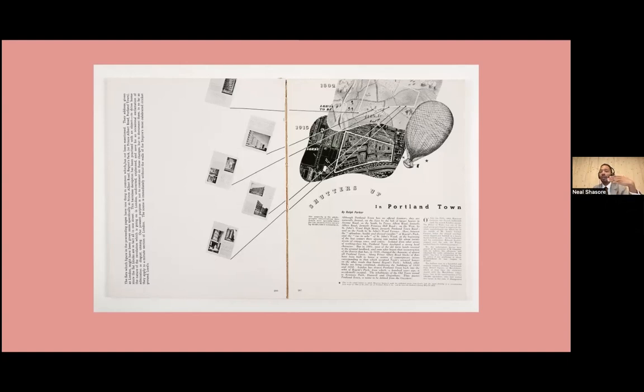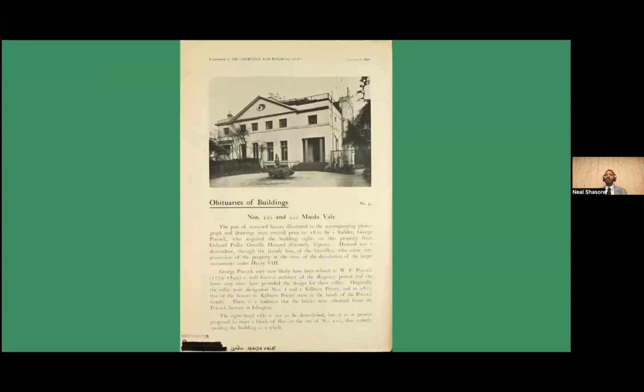Which itself is interesting because the Communist Party got very interested in this and were very active in this campaign to preserve a working class district on the periphery of St. John's Wood of what were called early 19th century artisanal cottages. And it's a campaign that is championed by the Londoners' League, run by this rather strange couple called Philip and Dorothy Warren Trotter, who operated out of this house, 122 Maida Vale,